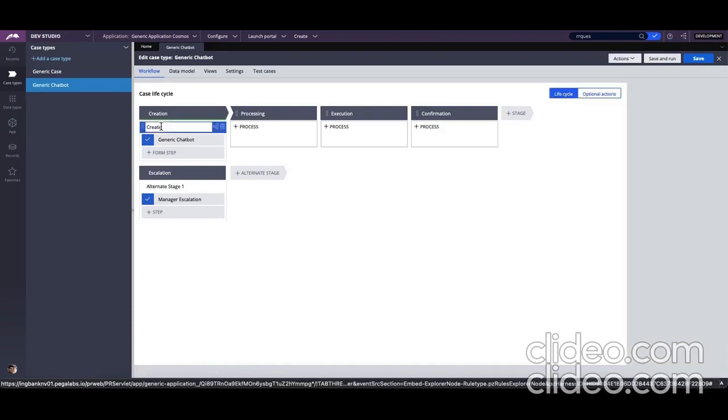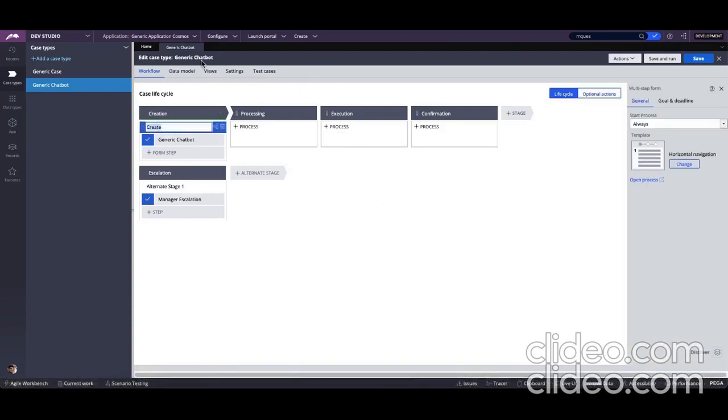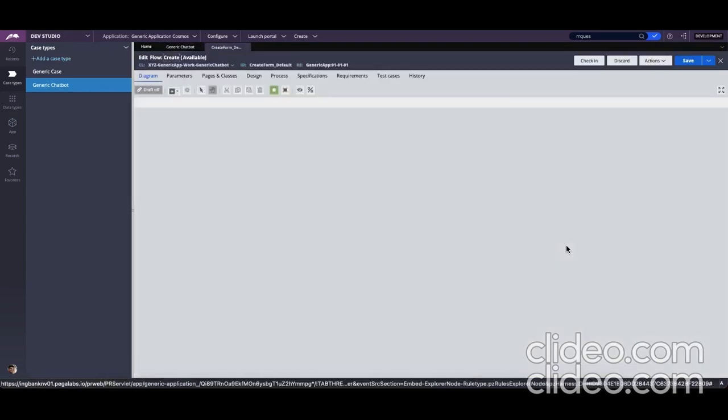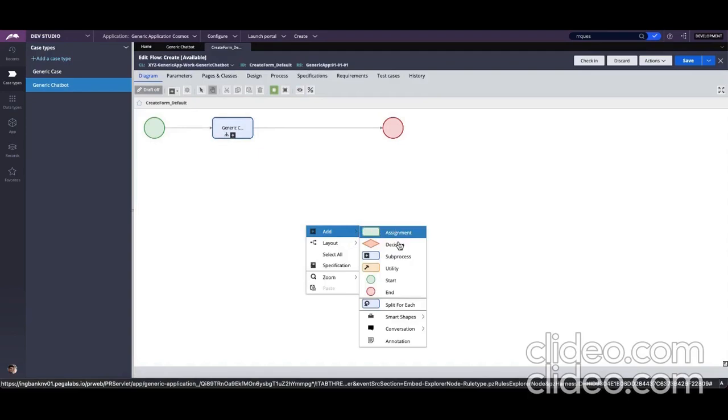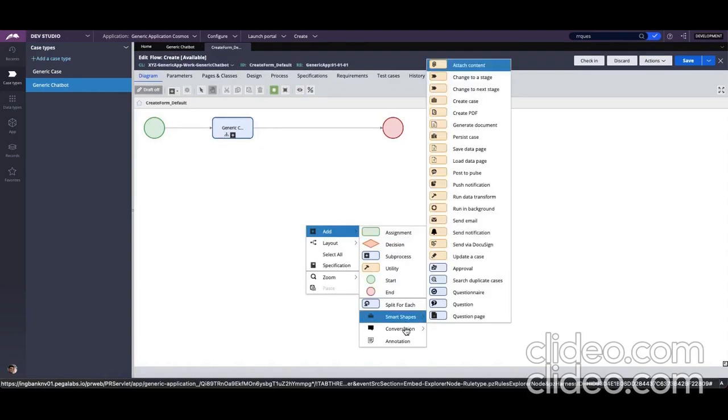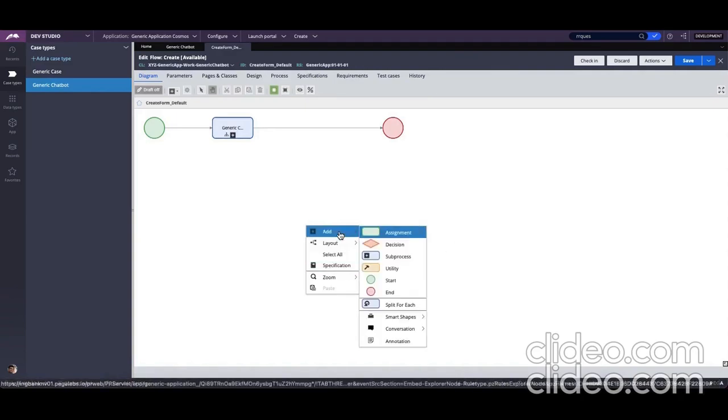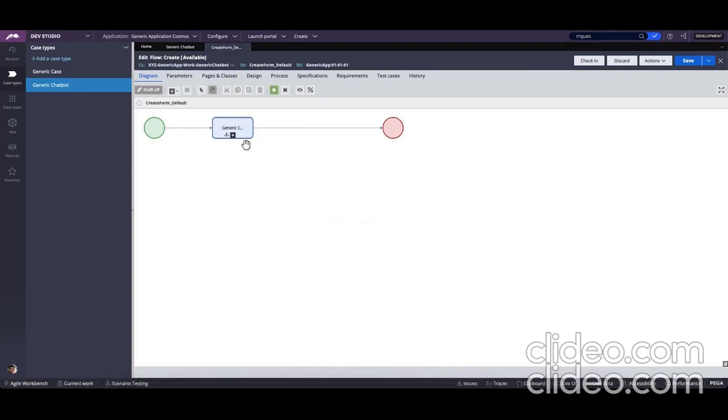Now this is the case designer for the generic chatbot case type which I've created. So if I open the process, you will see that instead of using any other shape which we normally use inside processes, I've used something called a conversation flow. This one. Now inside the conversation flow is the main functionality of the entire chatbot hidden or encapsulated. So if I open the flow,